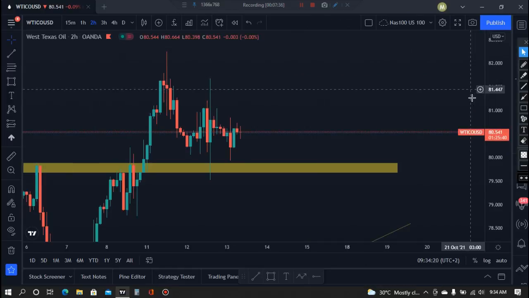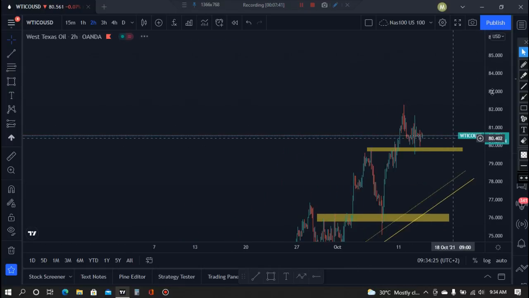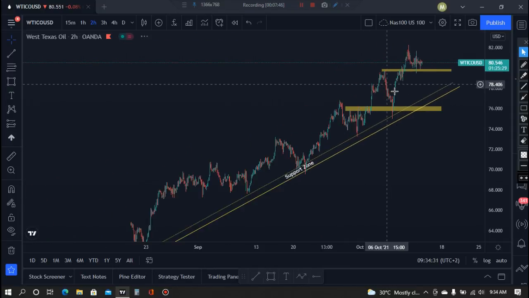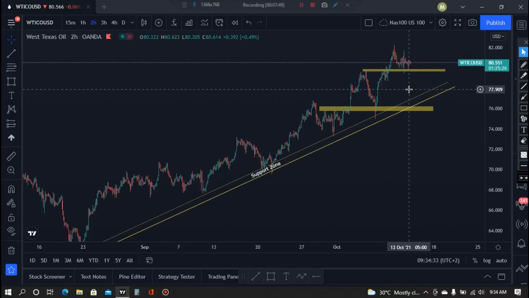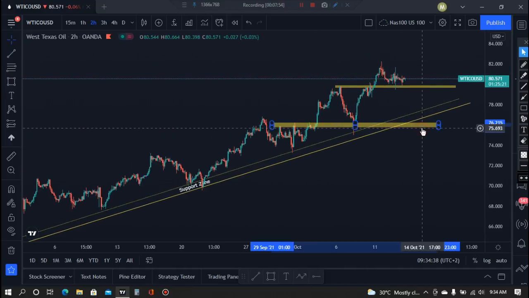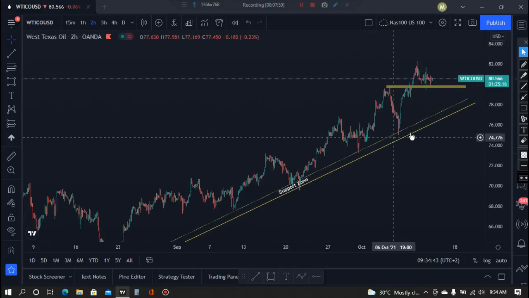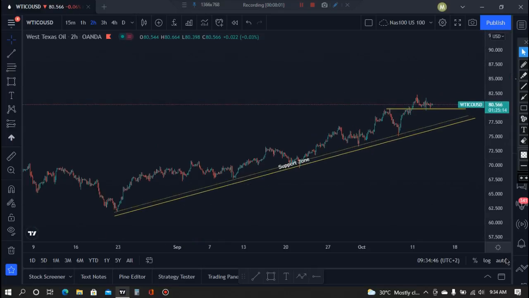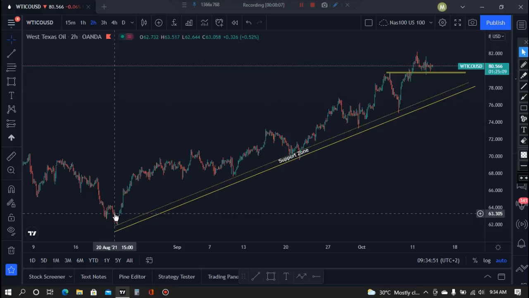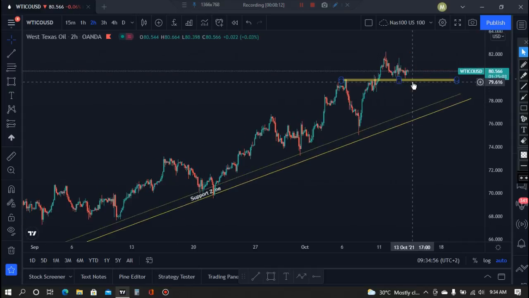US oil. US oil has been breaking records, guys. Which means oil is in demand. That's why we see the price just going higher and higher. If I still remember, I have drawn this maybe for 2 weeks or 3 weeks. This has been on a very nice uptrend. You can see that. Since August, and now we are in October, the market is really